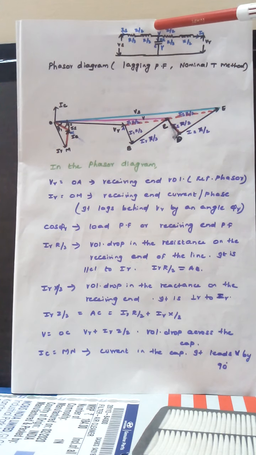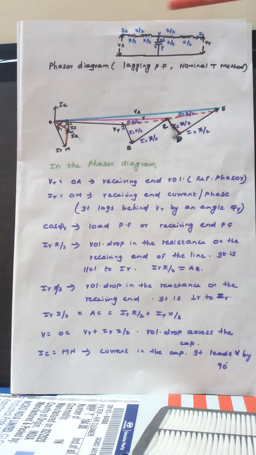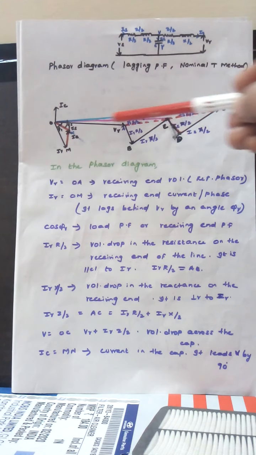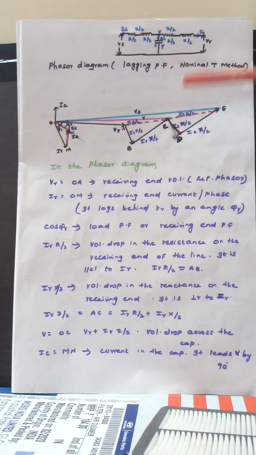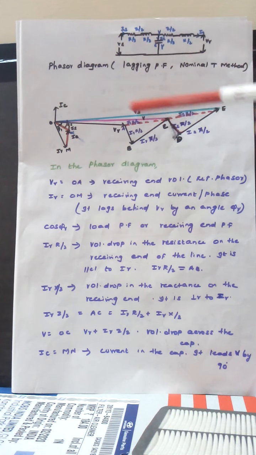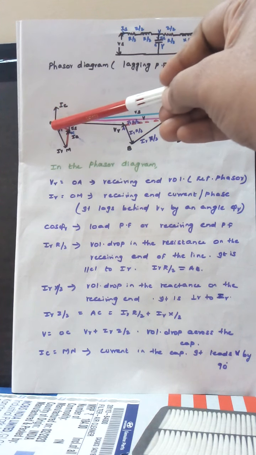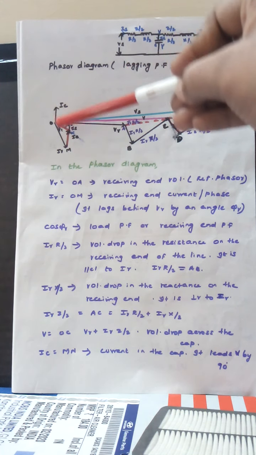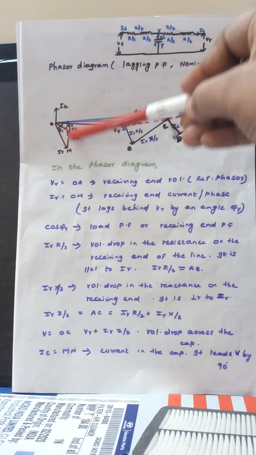So now we have to find out this V. The V is nothing but this VR plus this drop here. If you're adding this VR plus this drop, we'll get what is your V here. Next, we have to draw the current in the capacitance. We are considering the current in the capacitance as IC. We know that the capacitance current always leads this voltage V by an angle of 90 degrees, correct? So I am drawing here, this is your IC here. Now this IC I am drawing parallel here. So this is your IC.